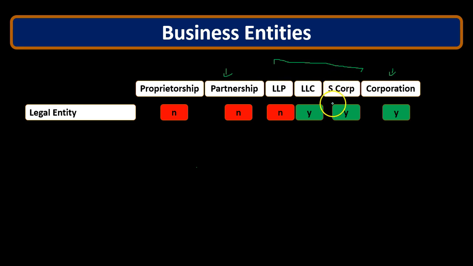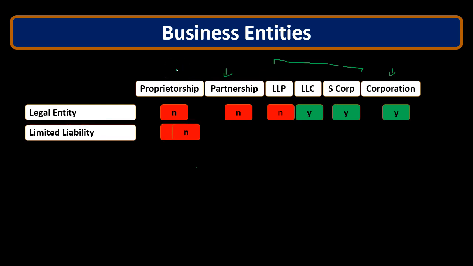And one of the ways to do that is to be a separate legal entity, but still be a flow-through. Then we're going to look at the limited liability, which ties in some ways to whether or not they're a separate legal entity, meaning the partnership and the sole proprietors are not separate legal entities, and therefore they don't have the same kind of protection of their personal assets from some type of a lawsuit or something like that. Whereas if they were a separate legal entity, then they would have some protection between their personal assets.